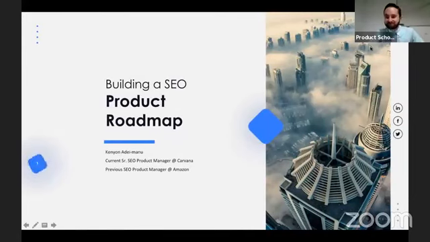Looks good. Sweet. So as mentioned, I will be discussing how we go about building an SEO product roadmap. A few assumptions here are that if you're going to be doing SEO as a product, you're probably going to be doing mid to even enterprise SEO. If you're unfamiliar with that, I have another talk about enterprise SEO. You can see it in the links if you follow, and you'll be able to see previous talks that go a little bit more